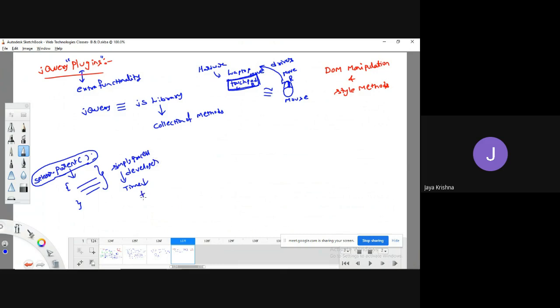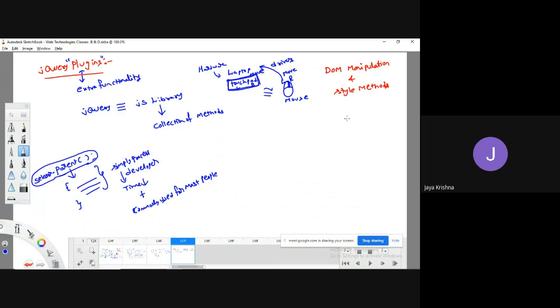And one more thing is, as this kind of requirement is commonly used by most of the people in the world, we can go for developing a kind of method.